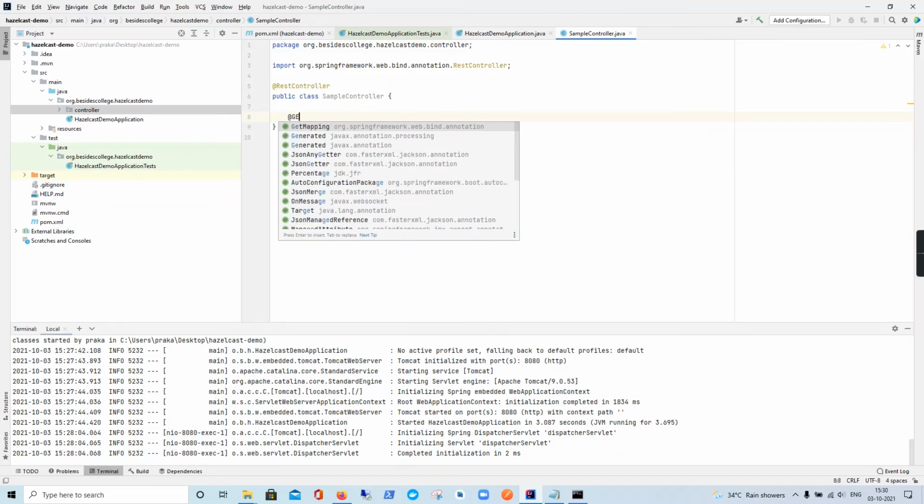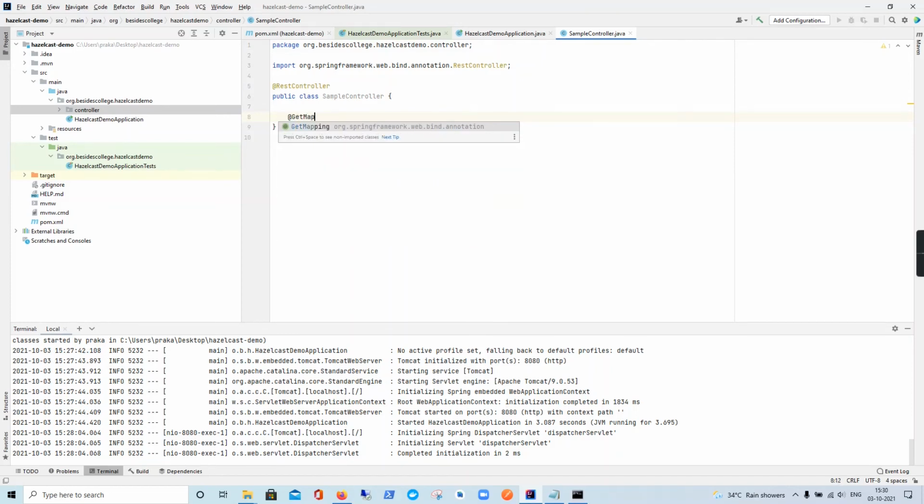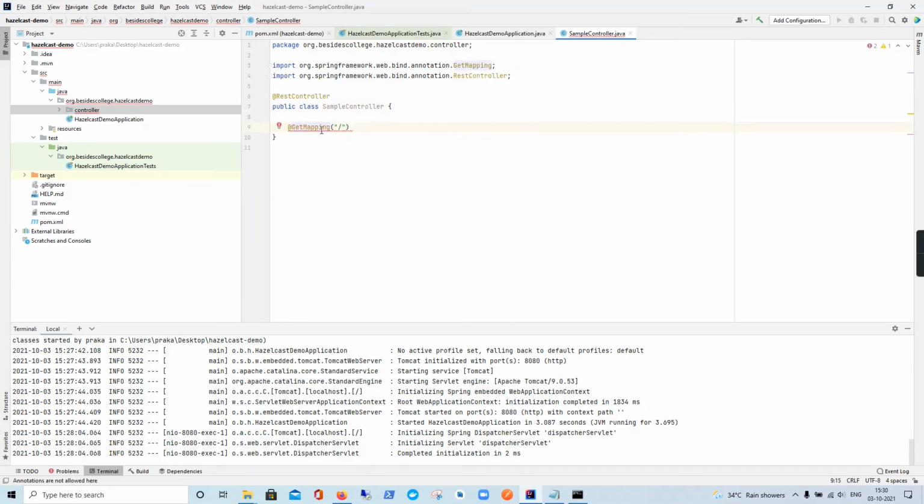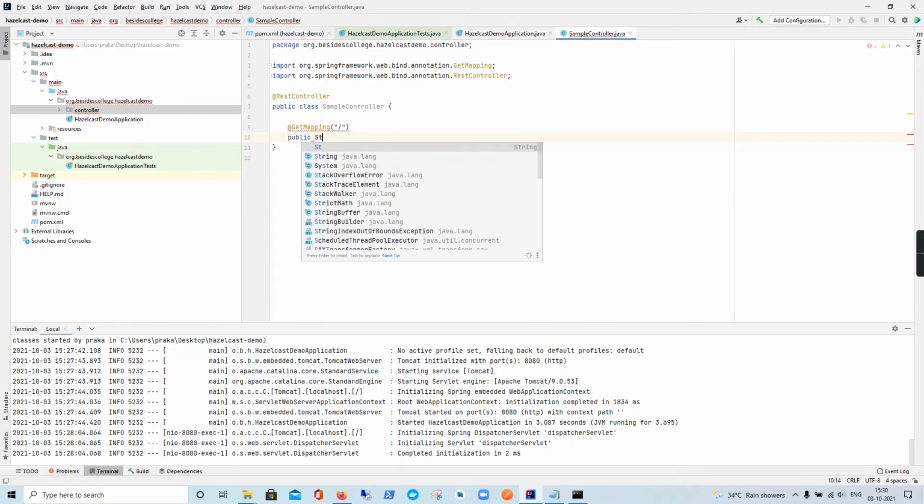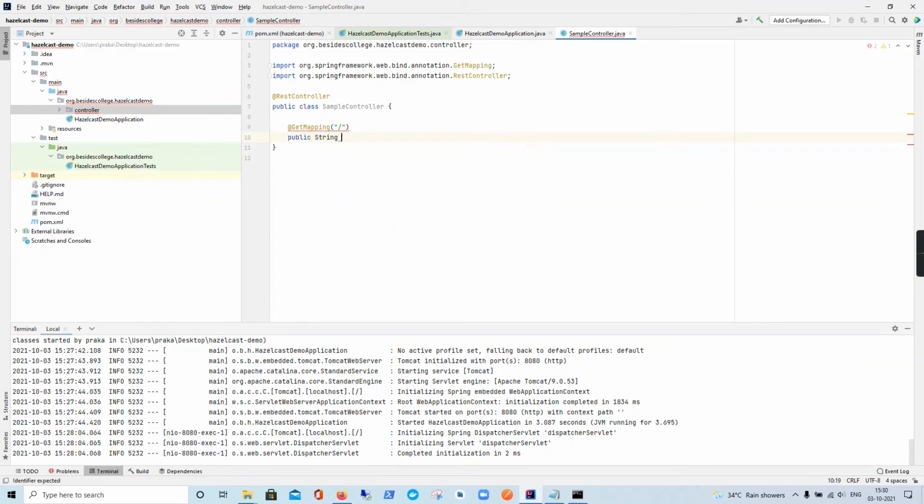So let's define, for the base URL, a GetMapping, in which we will put the parameter as the base location. Any request that comes at this particular location should be handled under this method. So let's define a method which returns a String, and let's name this method indexPage; the name of the method here really could be anything, that doesn't matter.